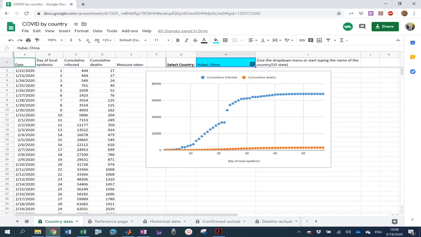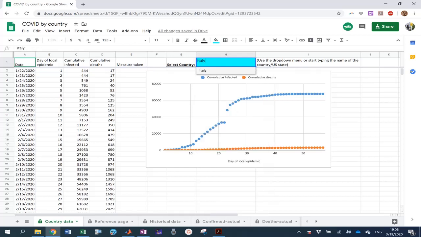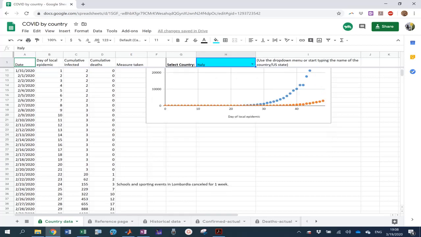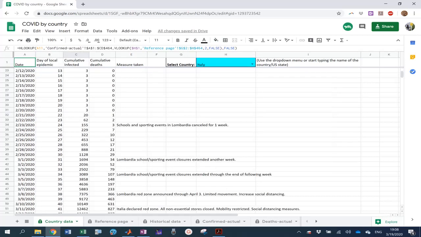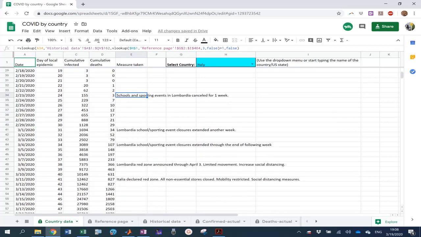Back to Italy for a moment, because that's where I live, and we'll use it as an example. What I've also pulled in is a little bit of data regarding what measures were taken and when. So I start the epidemic locally, right here, with the first case that's confirmed. In fact, with Italy, it was 2. They didn't have patient 0, but patient 1. And I put in some measures that were taken, and it wasn't until day 41 that Italy as an entire